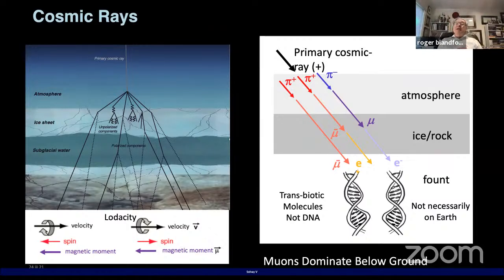A fount is an environment where life has perhaps the opportunity to begin, maybe very rarely, and as far as we're concerned, just autonomously on Earth, or maybe universally and very commonly throughout the universe. We don't know the answer to that question as yet, but let's just imagine that this environment called the fount,